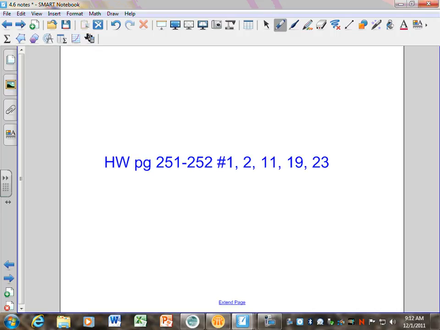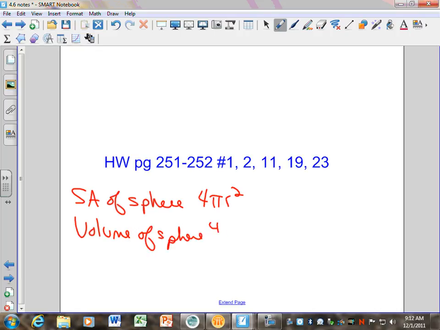You might want to write that the surface area of a sphere, I think you need to know that for your homework, is 4 pi r squared. And I believe that in that same problem, the volume of a sphere is 4/3 pi r cubed. And then the last problems, like 19 and 23, you're probably going to have to think about those a little bit. Maybe at least try to get the picture set up, and then as we finish that problem tomorrow, we can talk more about